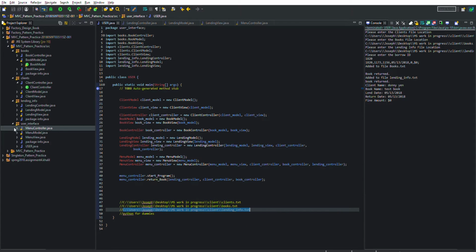updating the lending info, and at the same time I use the MVC separately for each package, so that each controller and model and view is only responsible for one task, which is either handling the book info, the client's info, or the lending info. And then the menu itself to control those three packages